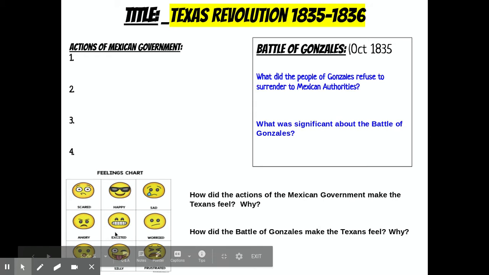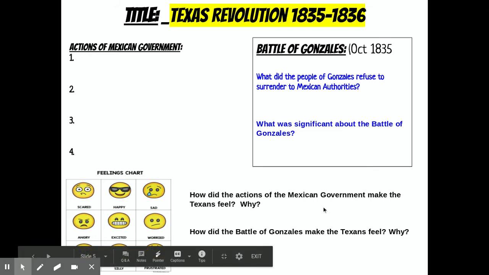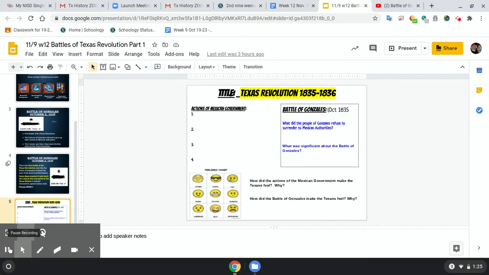And then finally, using this feelings chart, how did the actions of the Mexican government make the Texans feel? Why? And how did the Battle of Gonzales make the Texans feel? And then why? So just give me a little bit there. Those are the two events you're talking about here: the four things the Mexican government did in their laws that affected Texas, and then the Battle of Gonzales. Okay, and that will be it. Do the best you can and then submit it when you are